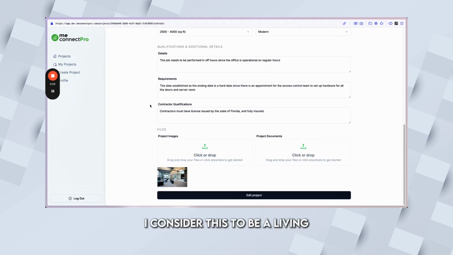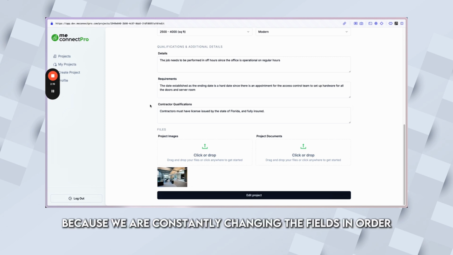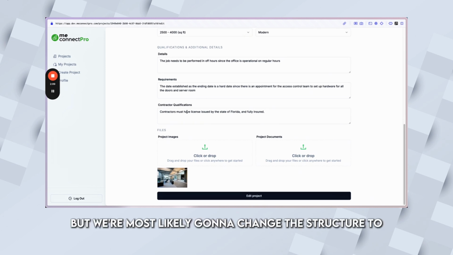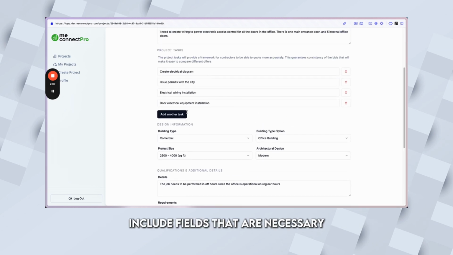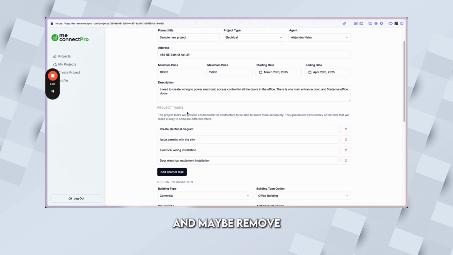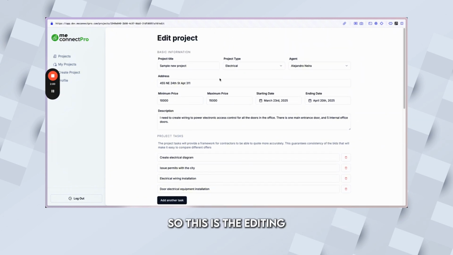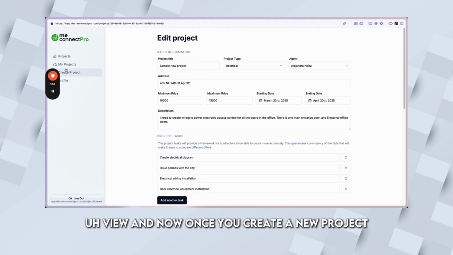I consider this to be a living, breathing data structure, if you will, because we are constantly changing the fields in order to accommodate certain workflows and certain types of projects. So this is where we're at right now, but we're most likely going to change this structure to include fields that are necessary, and maybe remove a couple that might be redundant in the future. So this is the editing view. And now, once you create a new project,